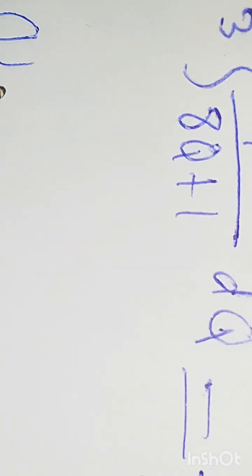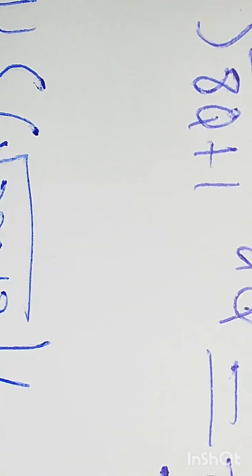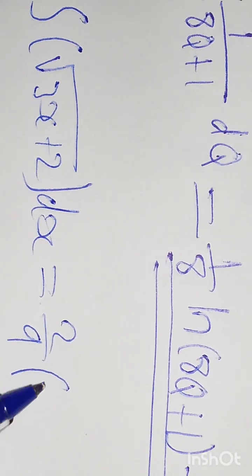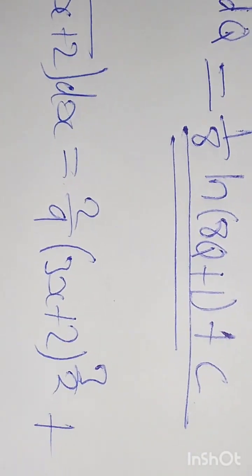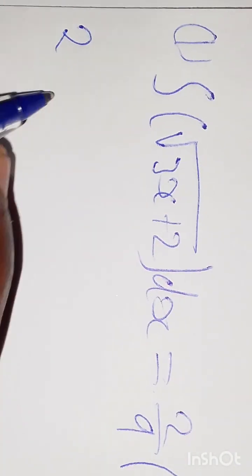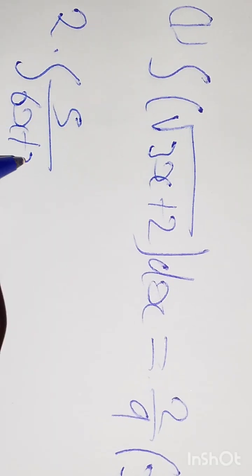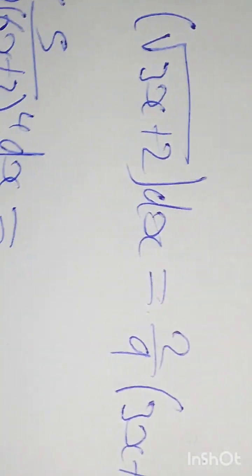So now let's write the answers in a proper way. Our question one was the integration of the square root of 3x plus 2 dx. The answer we got was 2 over 9 (3x plus 2) to the power 3 over 2 plus c. Then for question 2, the question was the integration of 5 over (6x plus 3) to the power 4 dx, which is equal to